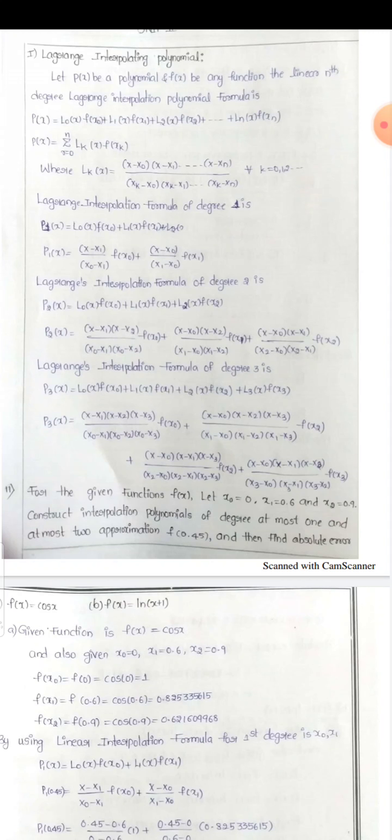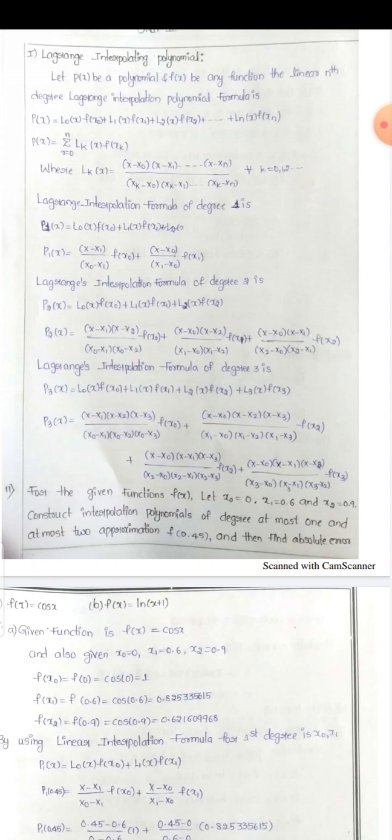Today's topic is the Lagrange interpolation polynomial. Let P of x be a polynomial and f of x be any function. The nth degree Lagrange's interpolation polynomial formula is P of x is equal to L0 of x